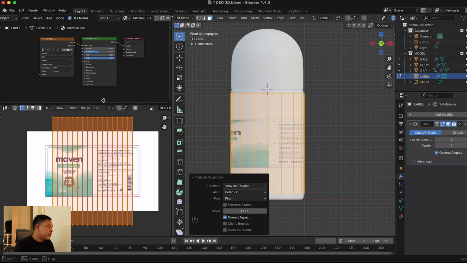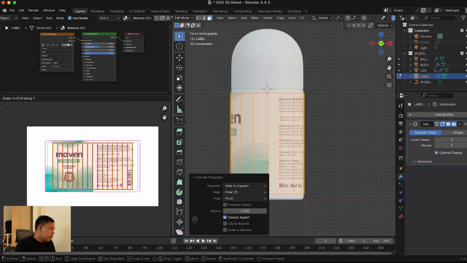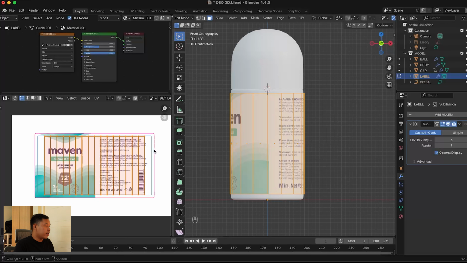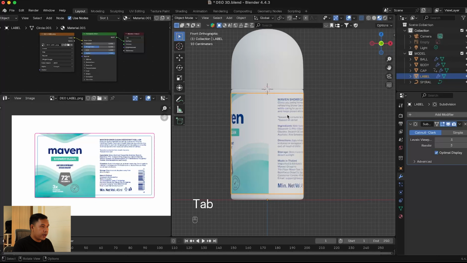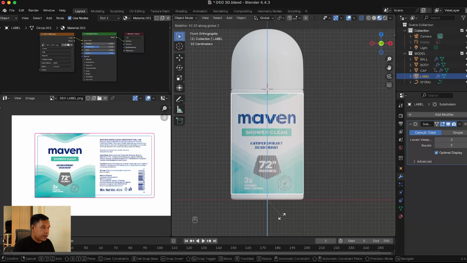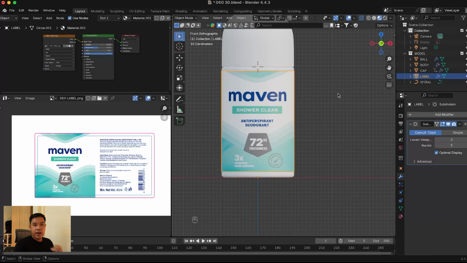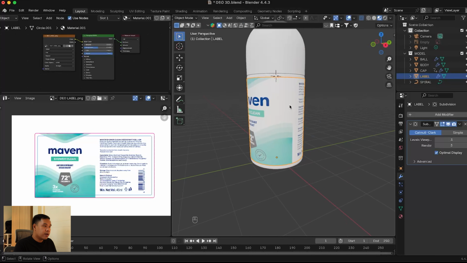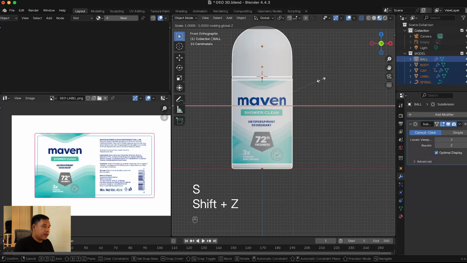In the UV editor, you can just scale this down, S Y. You just have to align it on the trim lines, S Y and then S X like this. Then we can rotate this label to show the front part. So right now the label aligns well with our product, but it's a little bit stretched out, and this is because I think the product is a little bit wide. So maybe what we can do is to scale this down using S and Shift Z,